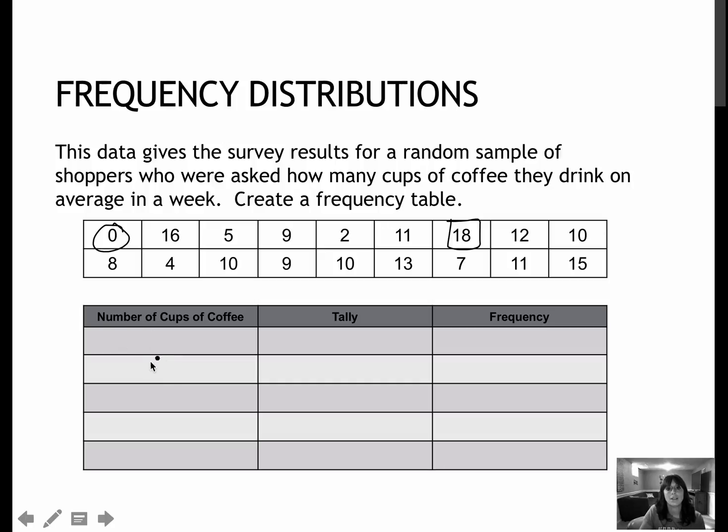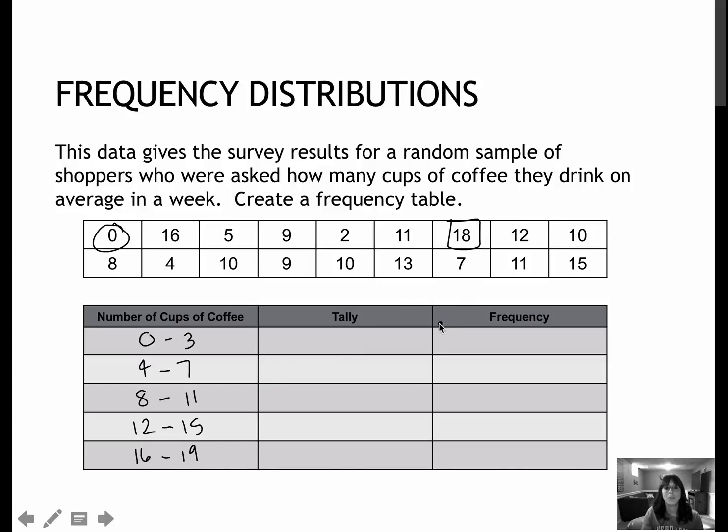So let's go ahead. I know I've already sort of set it up for 6 different ones here. So I'm going to say 0 to 3. So 0, 1, 2, 3, that's 4 of them. And then 4 to 7. Again, that's 4, 5, 6, 7. And then 8 to 11. 8, 9, 10, 11. And then 12 to 15. And then 16 to 19. So even though I don't have a 19, I needed to go all the way up so that 18 was